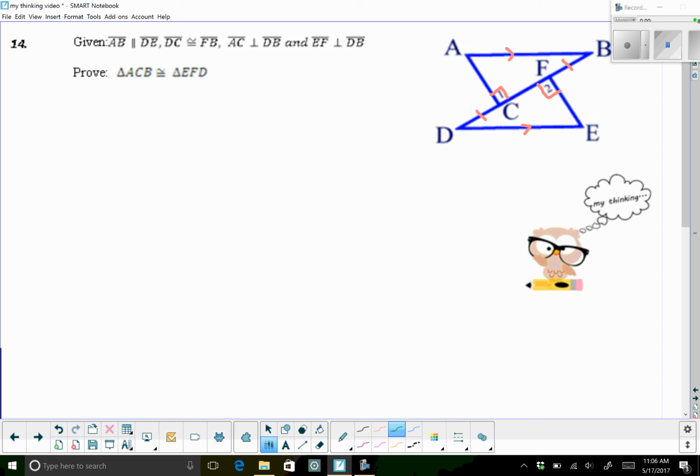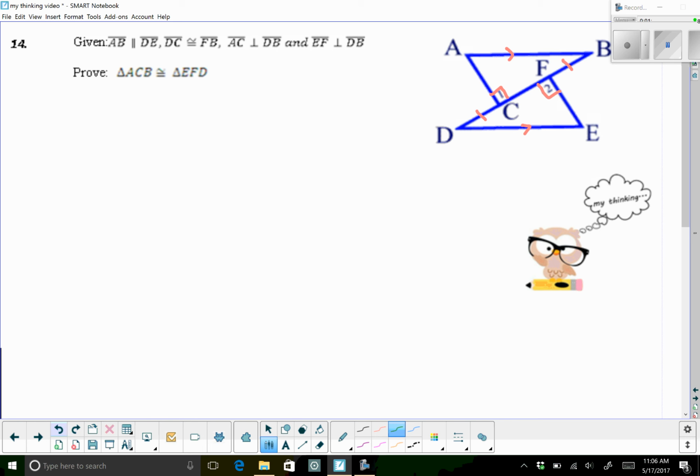You don't have to mark this in if you don't want to. But this side is the hypotenuse in this triangle, and side AB is the hypotenuse in the other right triangle, and they didn't give them to us as congruent, so I can't really use HL. I have to use one of my other shortcut methods. So that makes us go back to the drawing board, but some things they did give us that we can use,